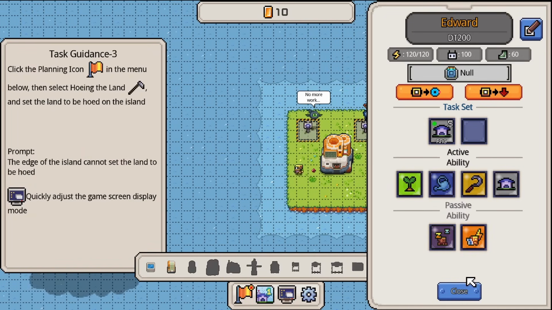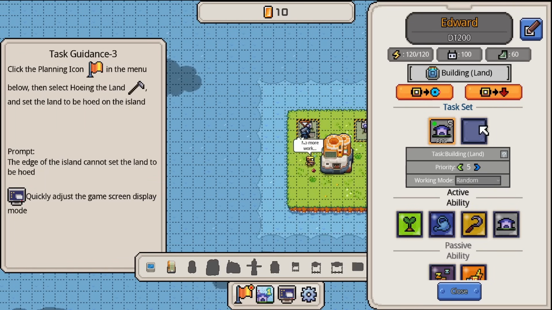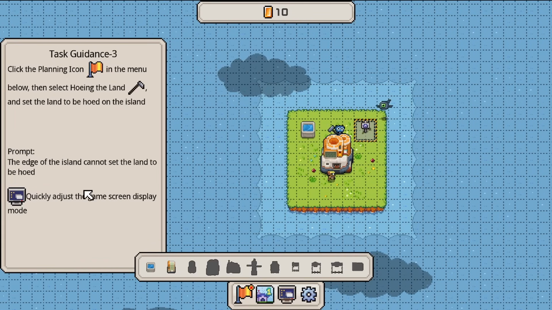So then it'll start building stuff. You can actually go into quite a lot of detail on this. I'm not sure how much you can change. I can go within a range, within a distance. You can set quite a lot of different things. You can set its priority above other tasks. There's a lot of things that Edward can do, so...